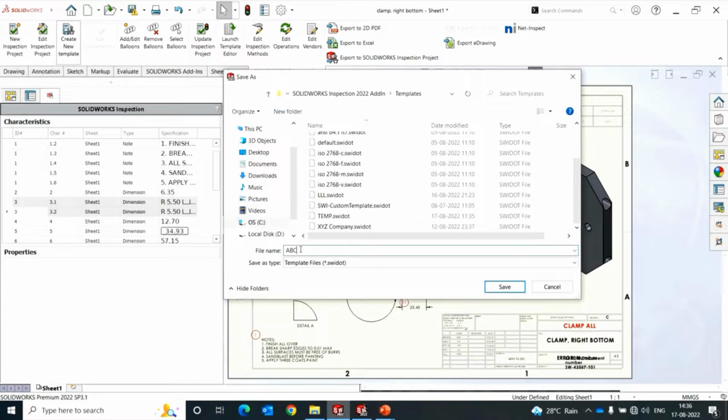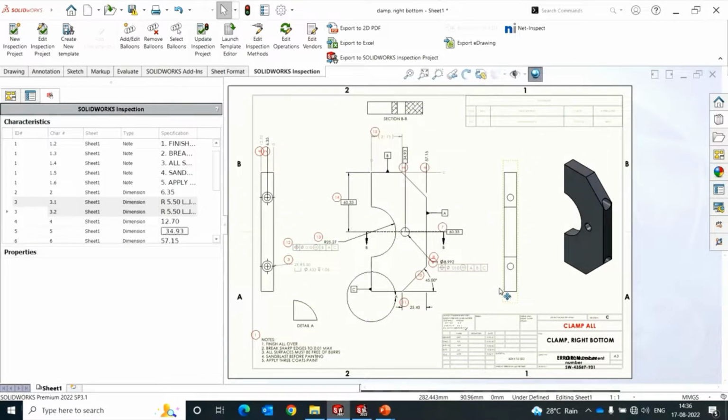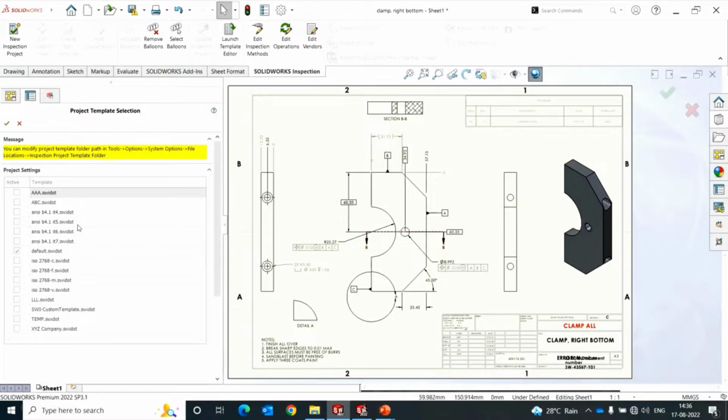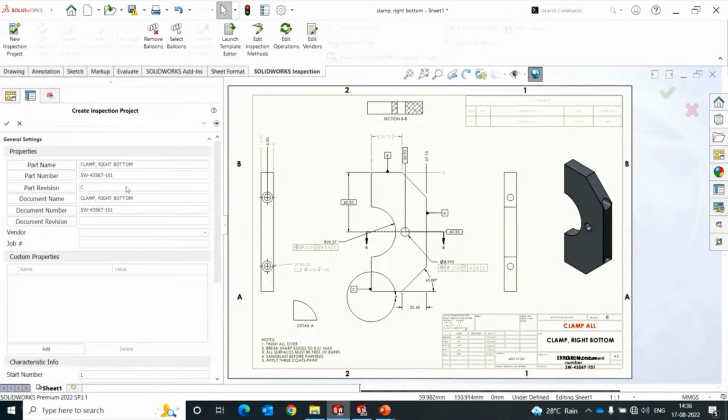So let me save it with the ABC. And for the next time, if I want to collect all this information by just selecting it, I can simply select this template over here, and I can get all kinds of information available or required for the report. And some information we should enter by hand, because sometimes it is possible to change the